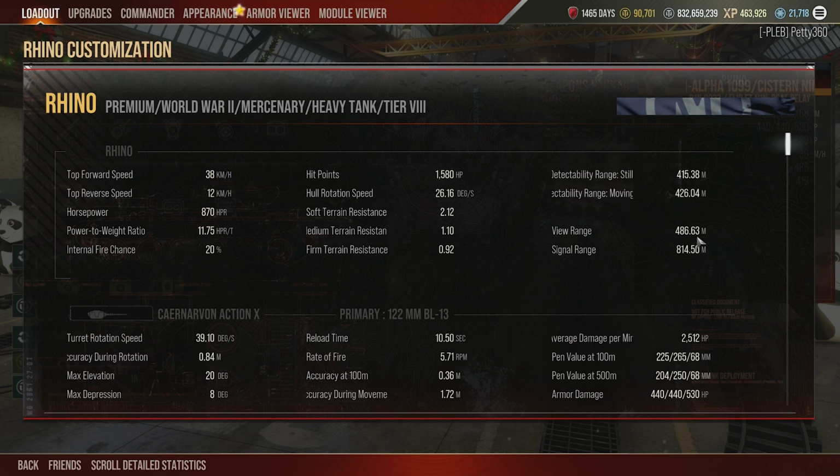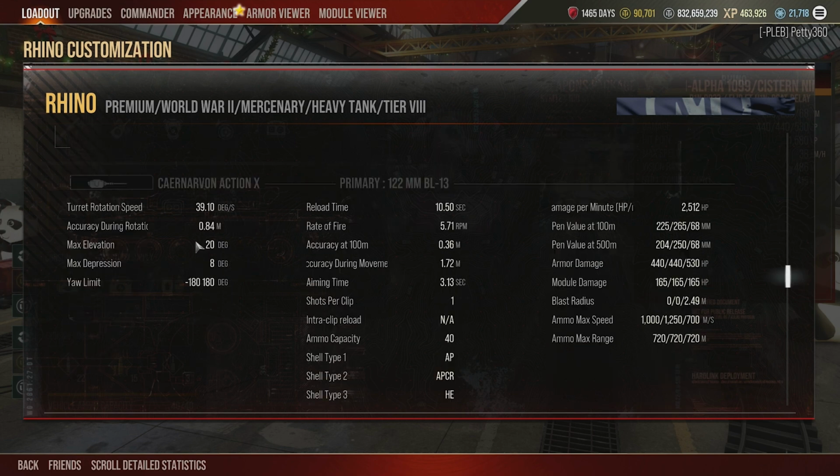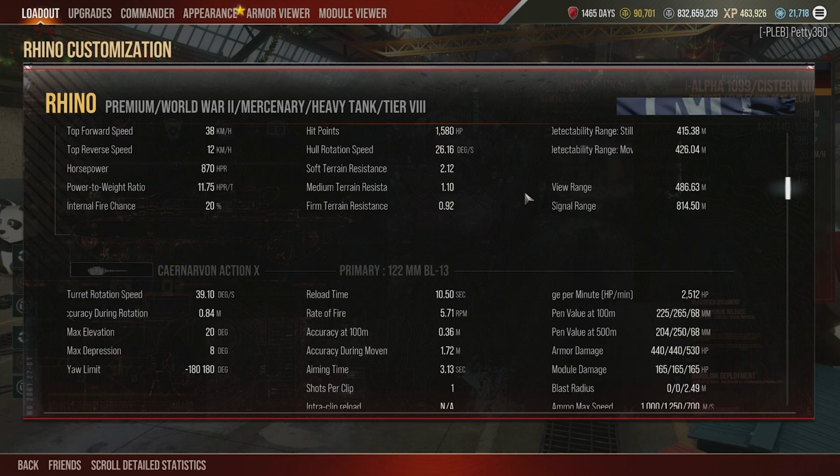486 meters of view range means you can spot for yourself pretty handily in this vehicle. It's not the best out there, but it's also not the worst. 39.1 degrees a second on the turret traverse means the turret traverse is way, way faster than the hull, so bear that in mind, that your turret will be able to snap onto target way quicker than you'll be able